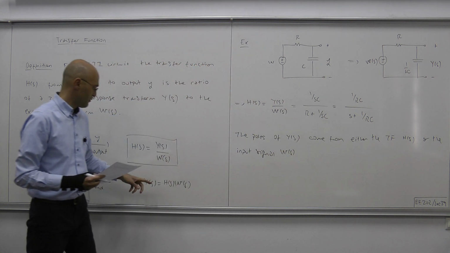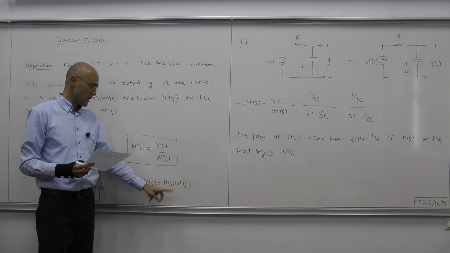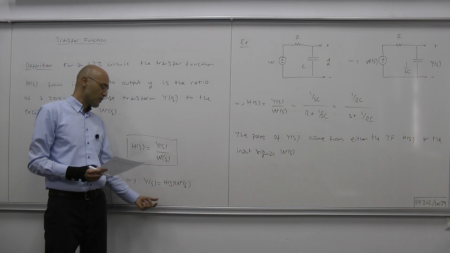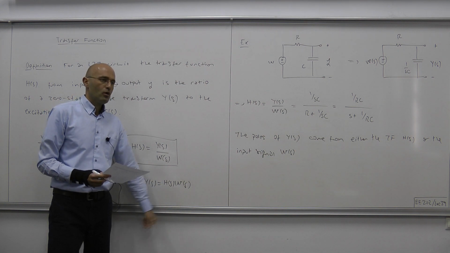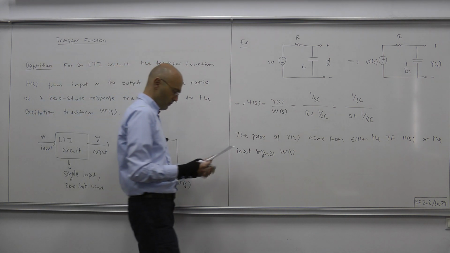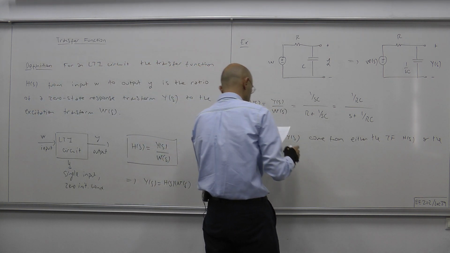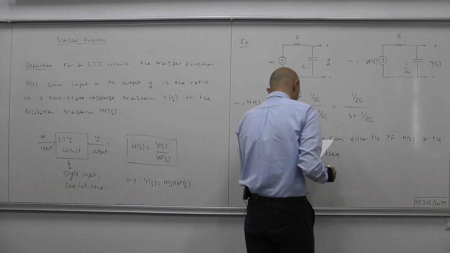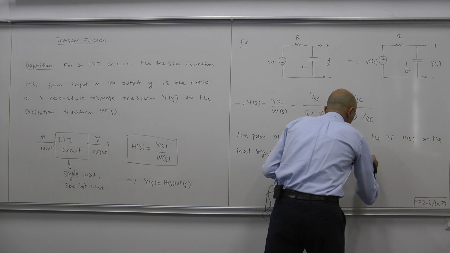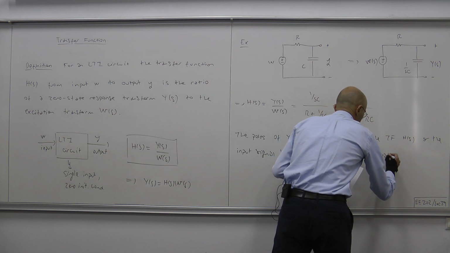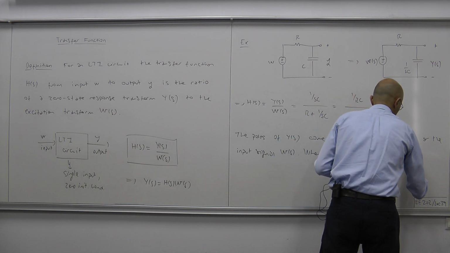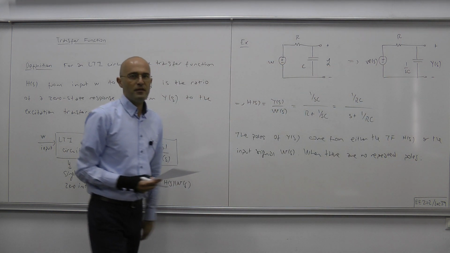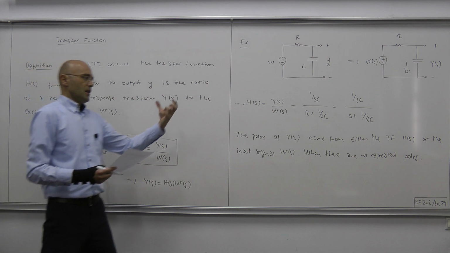Okay, this is clear from this expression, Y of S equals H of S times W of S. So the poles of Y of S should either come from H or W. Now, for the special case when there are no repeated poles, Y of S can be written as